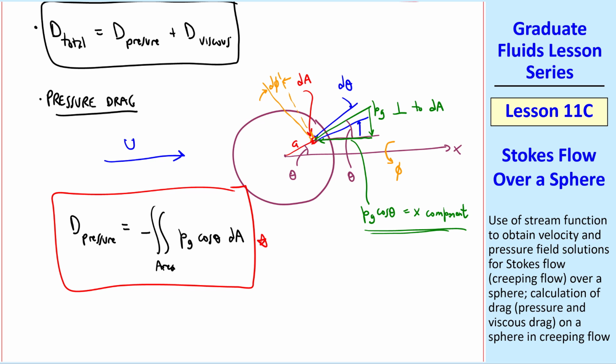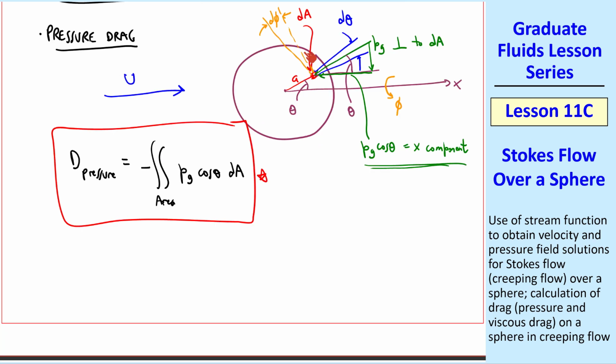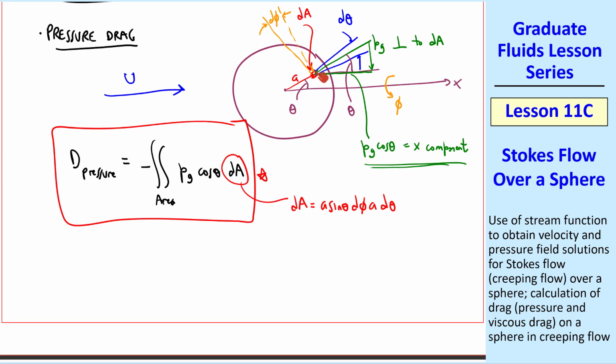This is our integral to find the pressure drag. Well, it may be hard to tell from my sketch here, but dA is a sine theta d phi, a d theta, which gives us the dimension in the phi direction and the theta direction, and when multiplied gives us dA. Thus, d pressure is minus the integral of theta going from 0 to pi,